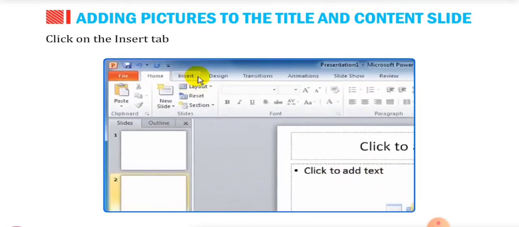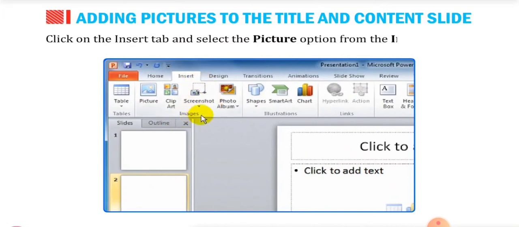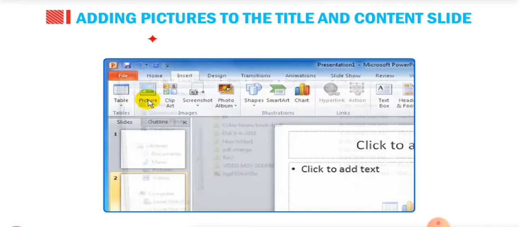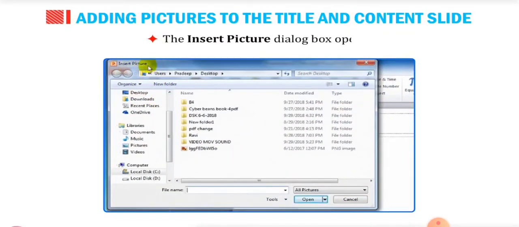Now click on the Insert tab and select the picture option from the Images group. Here you can see this is our Insert tab. Inside it, the Images group is there. In the Images group, the Picture option is there. Now click on this. The Insert Picture dialog box opens. You can see here the Insert Picture dialog box open on the screen.